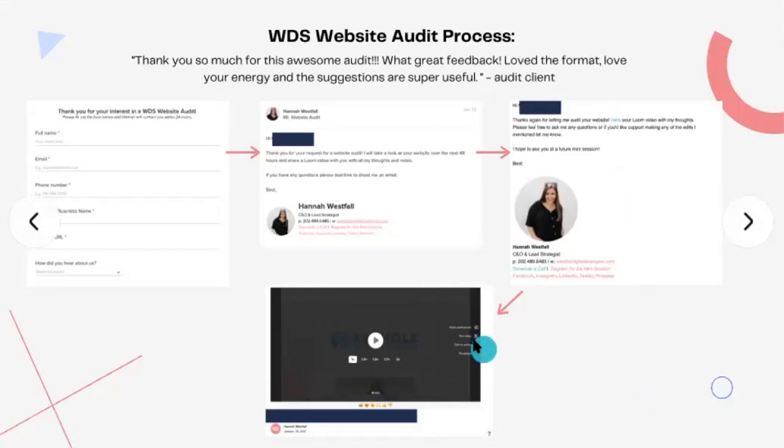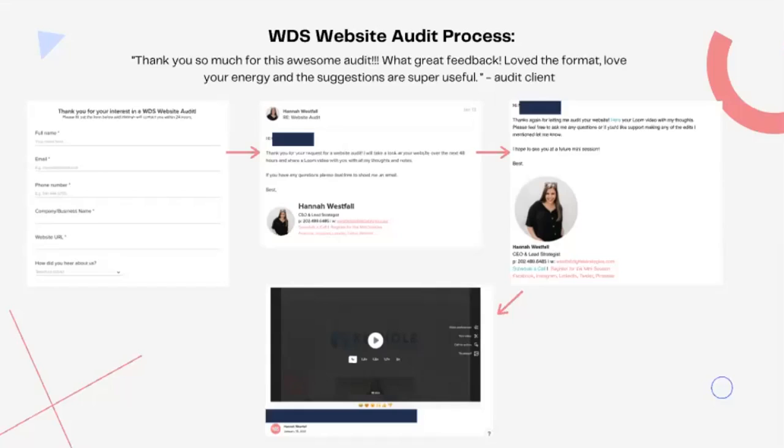And then what I really love is I use Loom for these. And so literally they click on that link and it's a super nice interface. At least I think it's really great. And they can just watch the video and see it right there. And they don't have to create an account. They don't have to do anything extra. It's just an easily accessible video for them to watch.